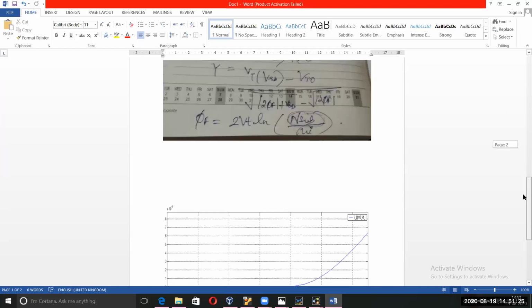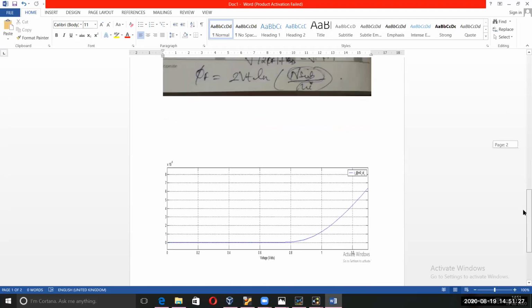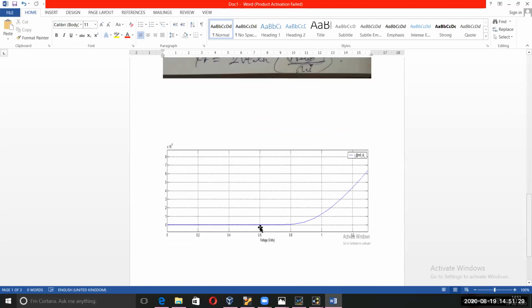Okay, so after giving the 3 volts as the VSB voltage, the VT is changing here. As you can see, first it was 0.49, it has shifted so much, to around 0.778. It has become large. Yeah, so we can conclude that with the addition of the VSB, like substrate bias, our VT is also increasing.